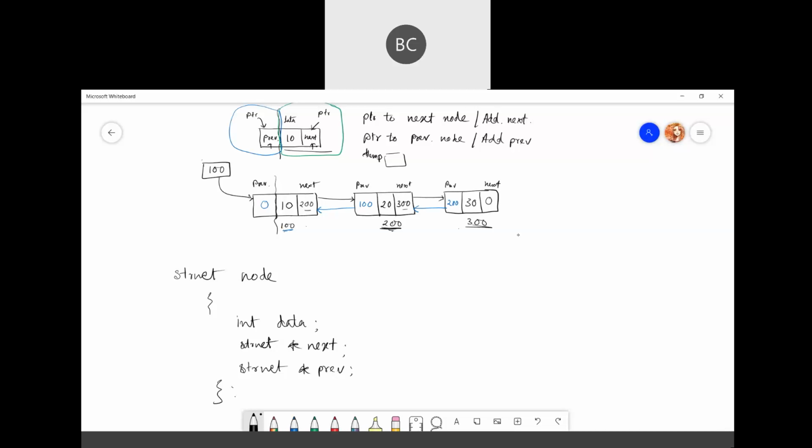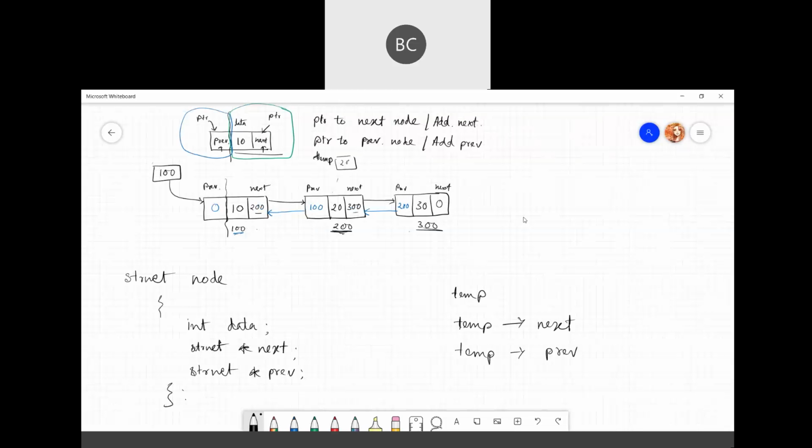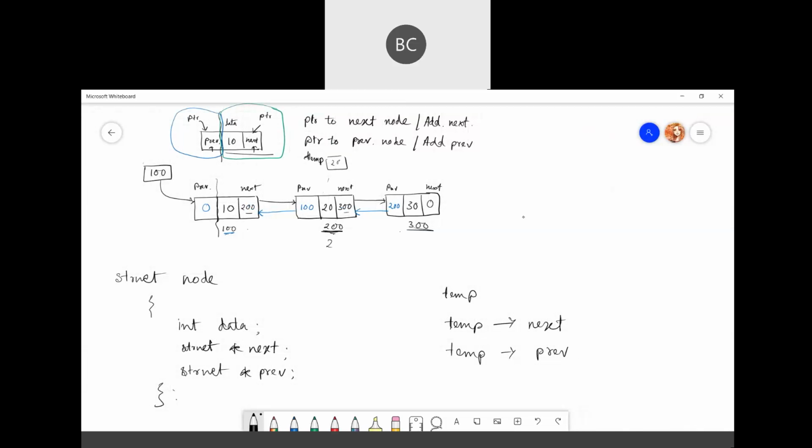Okay, so here we can also declare the temporary variable, then temp will hold the next, and it will also have the previous. If this is the one, the address is 200, right? So for this particular node, the second node, the temporary variable will become 200, which is the address of that node.